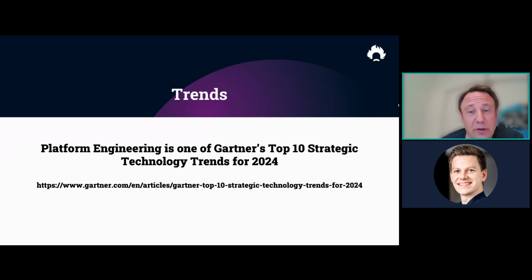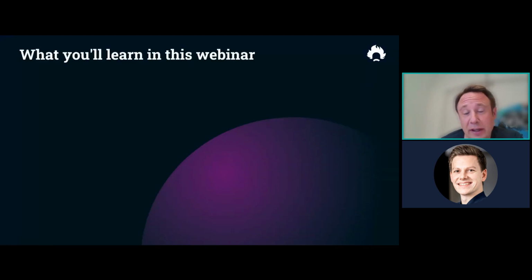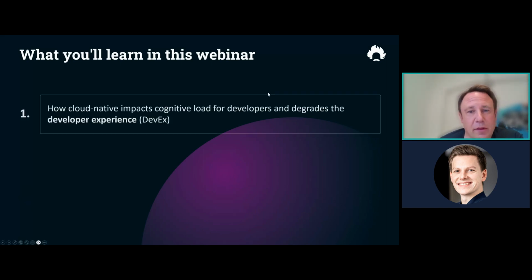And we'd like to talk about a couple of topics here today. One is how cloud native actually has an impact on developer experience and what we call cognitive load.